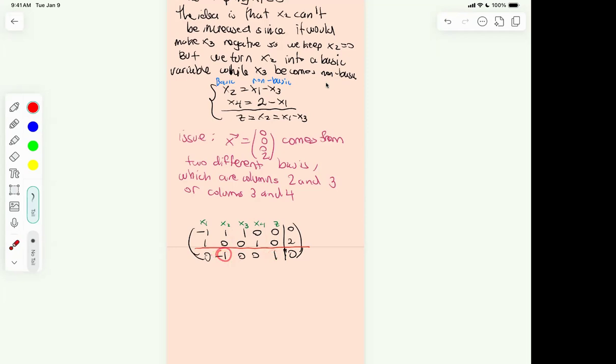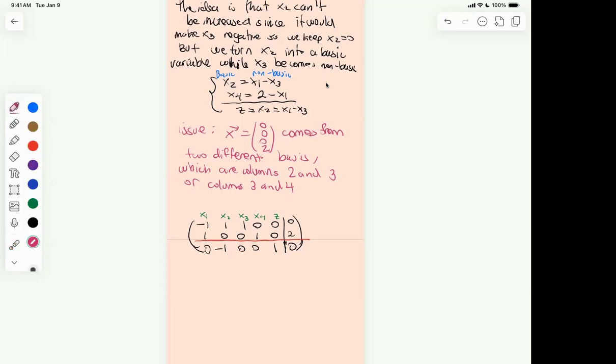So you cannot have a 1 here. You do have to do row operations first to put a 0 here, which is how you end up with this system of equations. So if you do, for example, minus row 1 plus row 3,